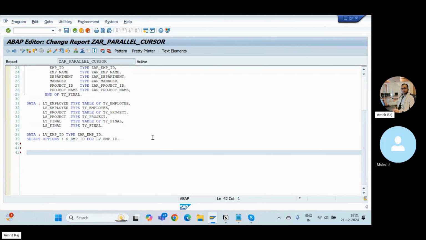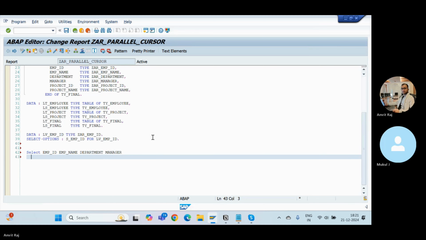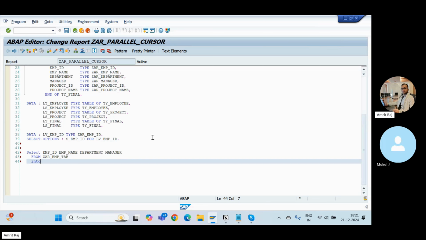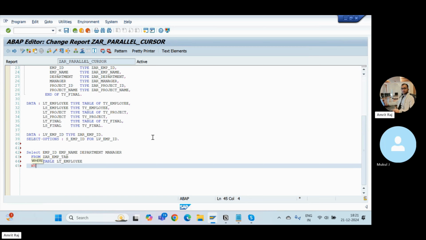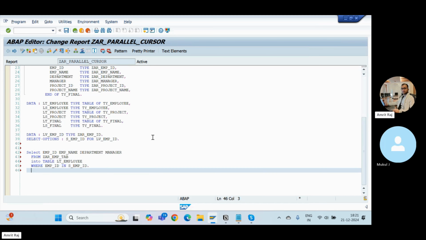Then we were writing our queries, right? So select employee ID, employee name, department, manager from the table, which is employee tab, into table LT_employee where employee ID in S_employee_ID. I will check for the if not initial condition. This is again one of the best programming practices. If LT_employee is not initial,